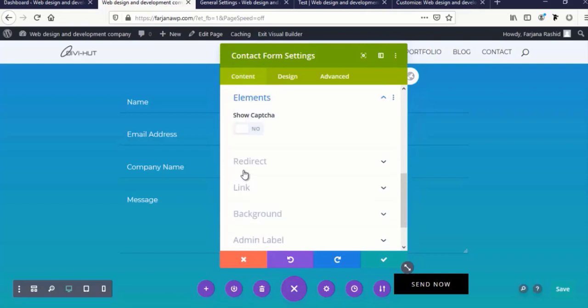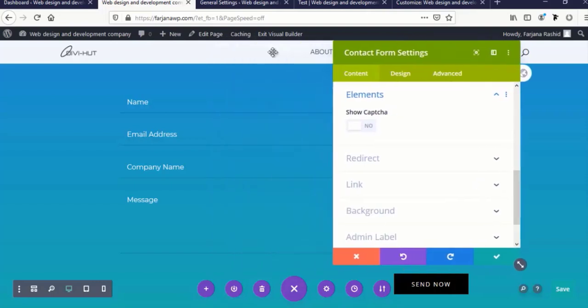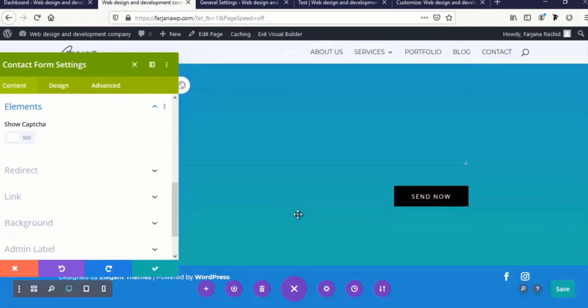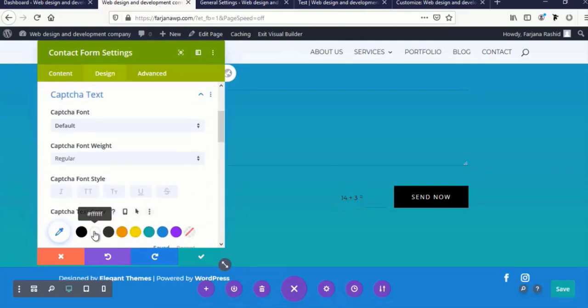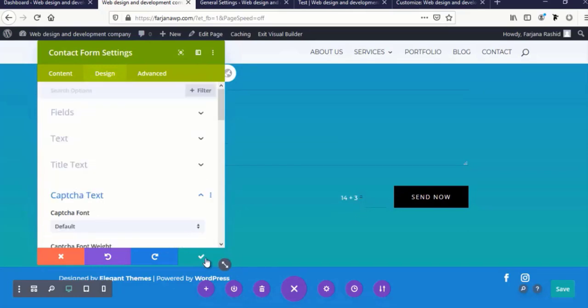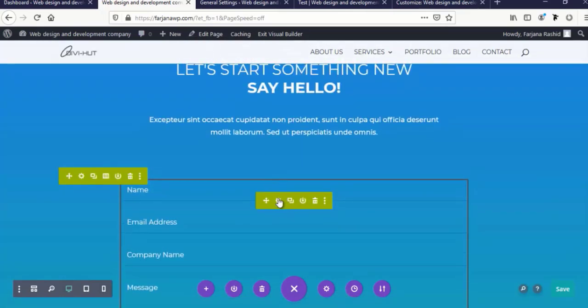And from the element we can also add captcha here, so it will protect us from spam email. So when we turn it on, we can see here is a captcha, so it will verify whether who is typing your form is a human or not. So we can also style this captcha text color to white. Save it, and next